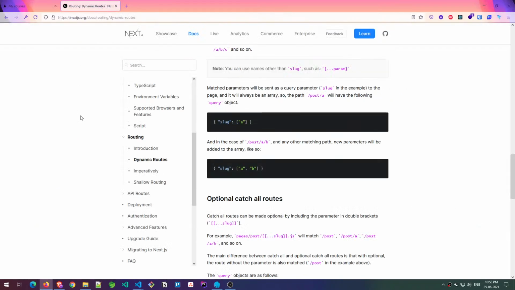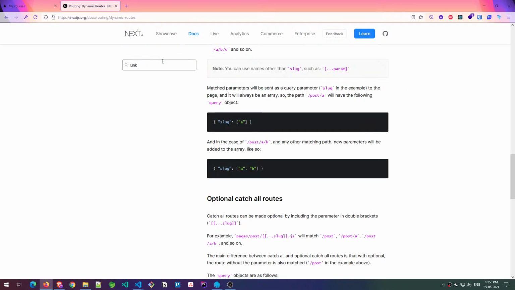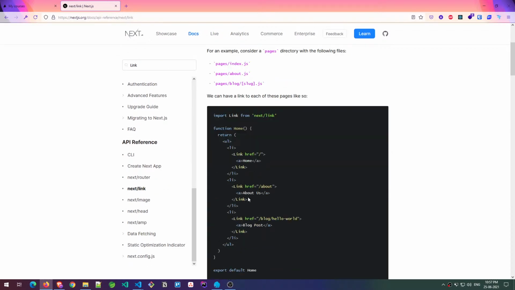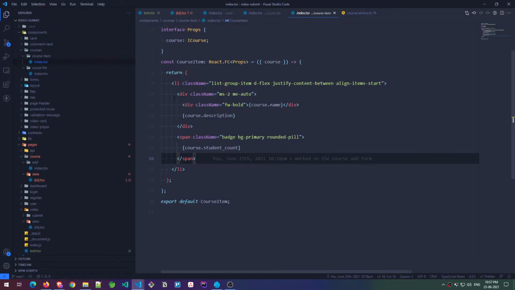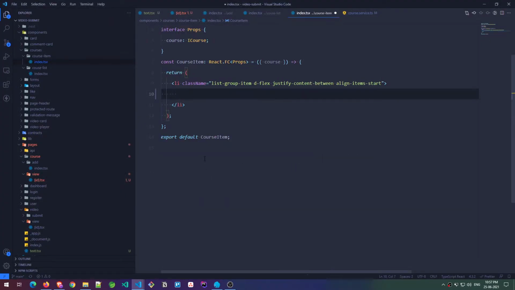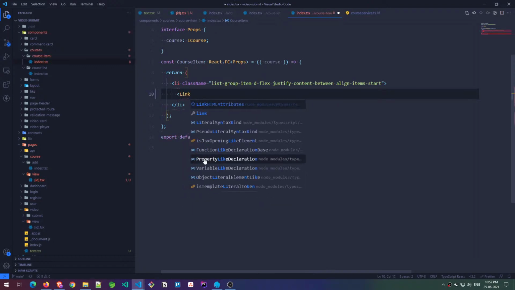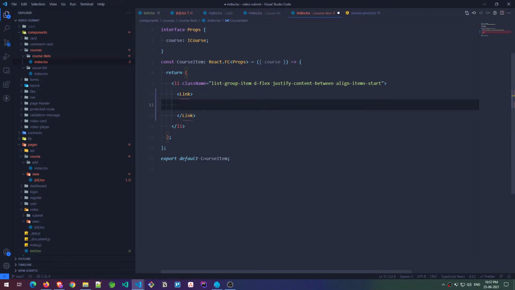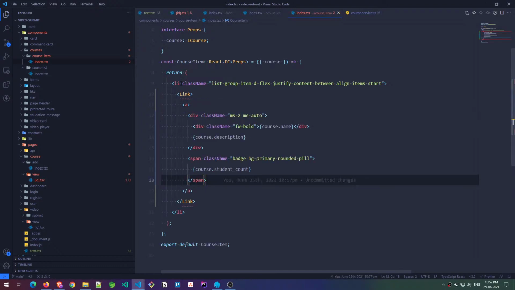So the link tag in Next.js is something like link href and then the entire thing, right? But I don't have an a tag. Let's try link. Okay, this is something strange. By the way, I don't really get autocomplete for the next link inside VS Code for some reason. I don't know. So href equals